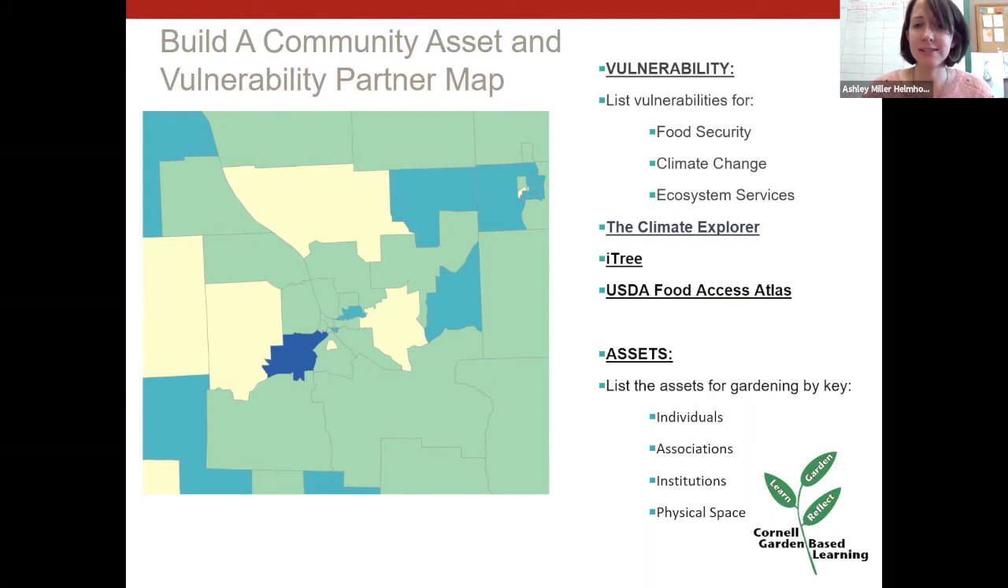And then getting back to the assets, I think listing really for gardening purposes, for horticulture purposes, what are the individuals, associations, institutions, and physical spaces available in your community to address one of those pre-existing vulnerabilities that we talked about? And so that's the way we formulated some of these grant programs around these two areas,